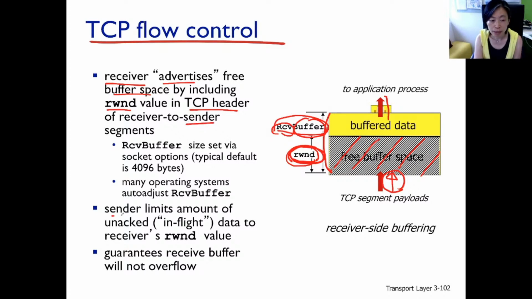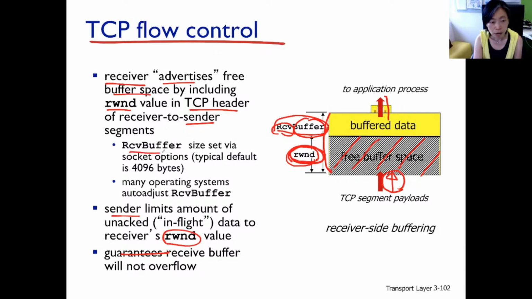And that's when the sender knows it needs to limit its sending window so that it's smaller than RWND. So you see here at the sender side, the sending window is limited not only by the congestion control mechanism, but also by the flow control mechanism, RWND. And that guarantees the receiver buffer is not overflowed.